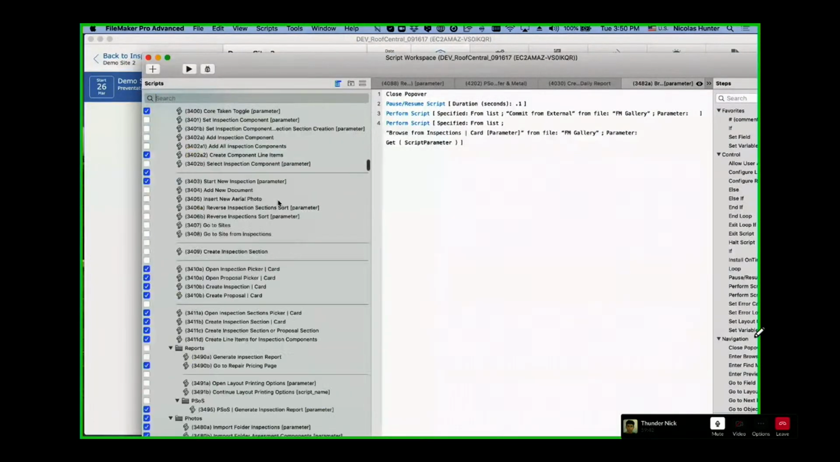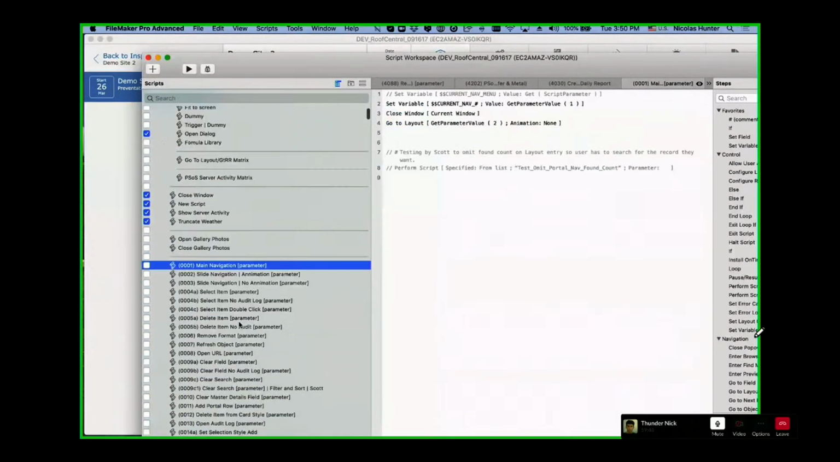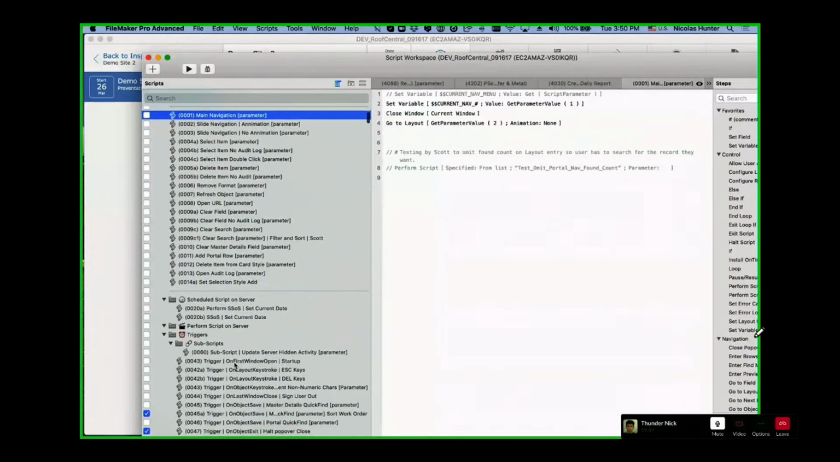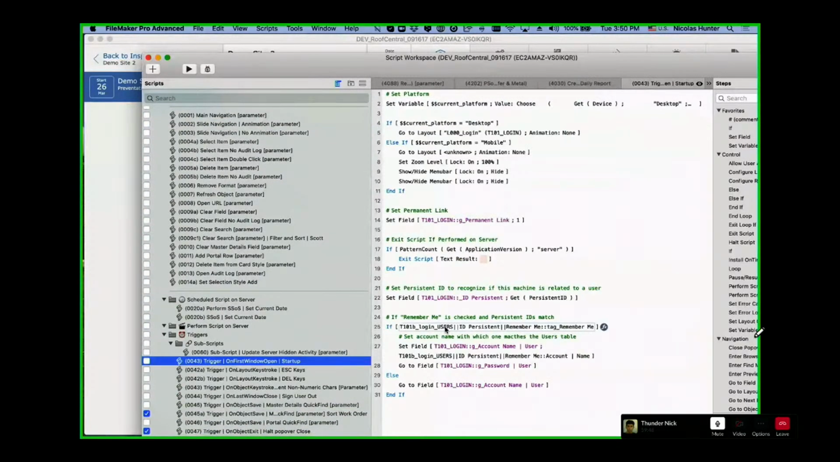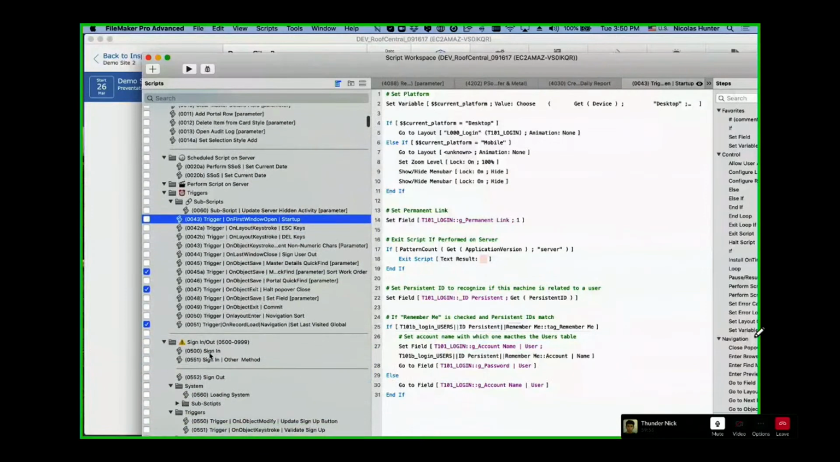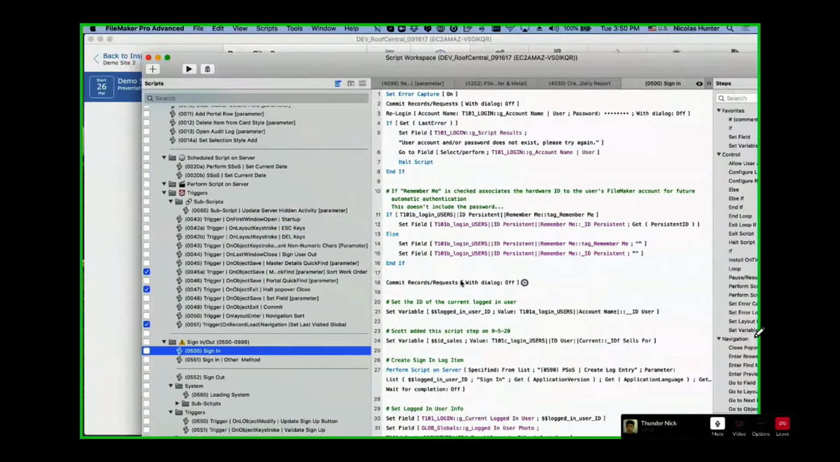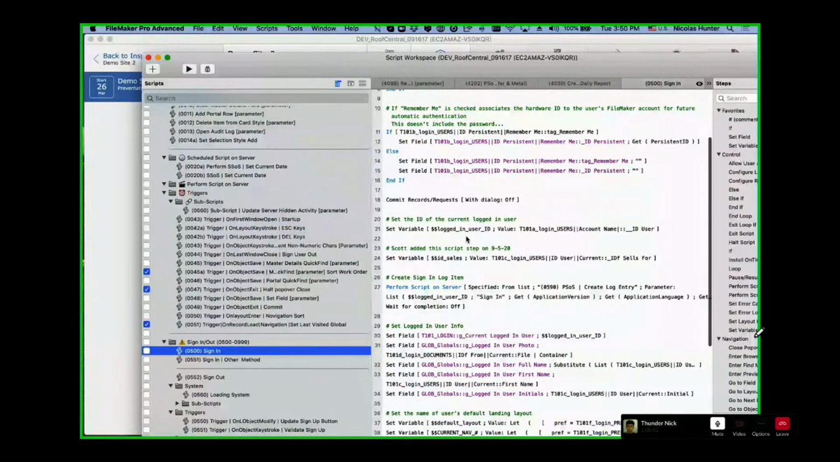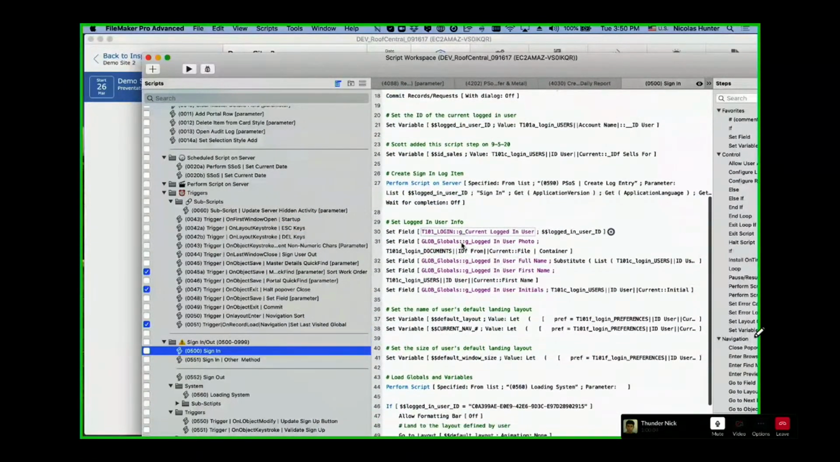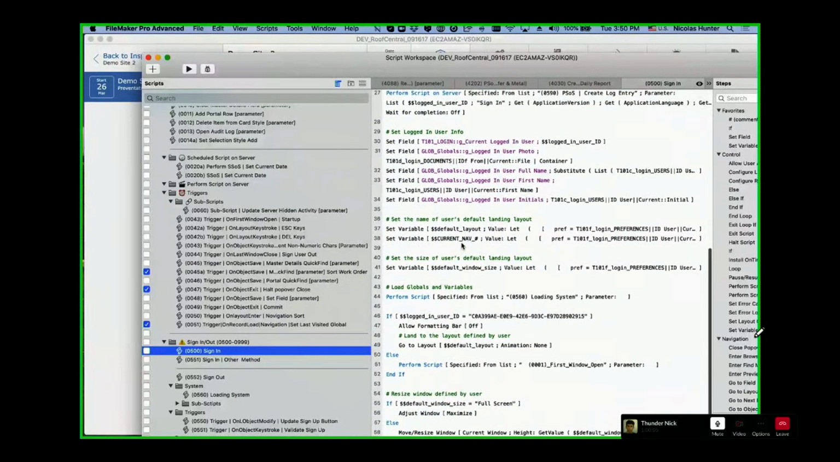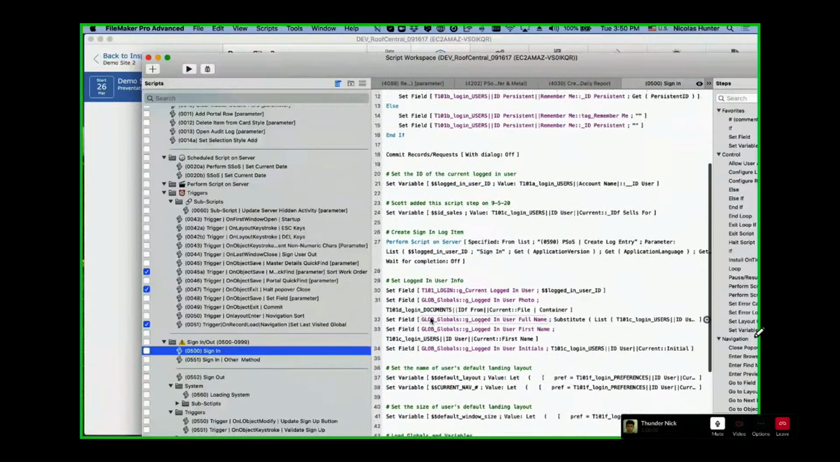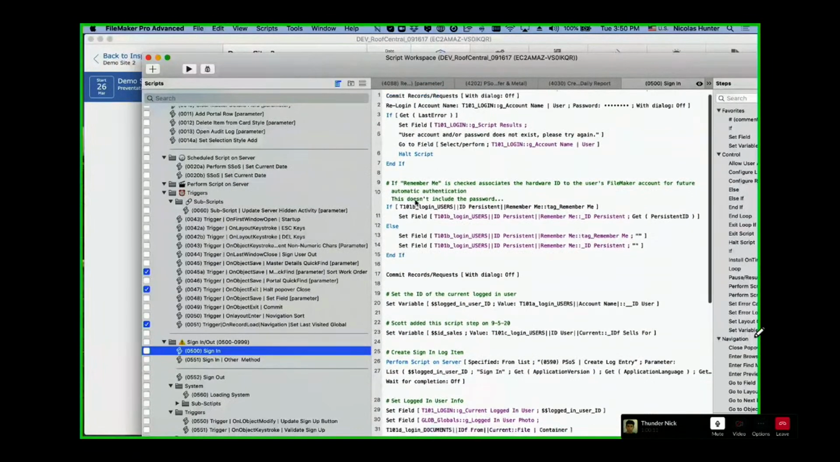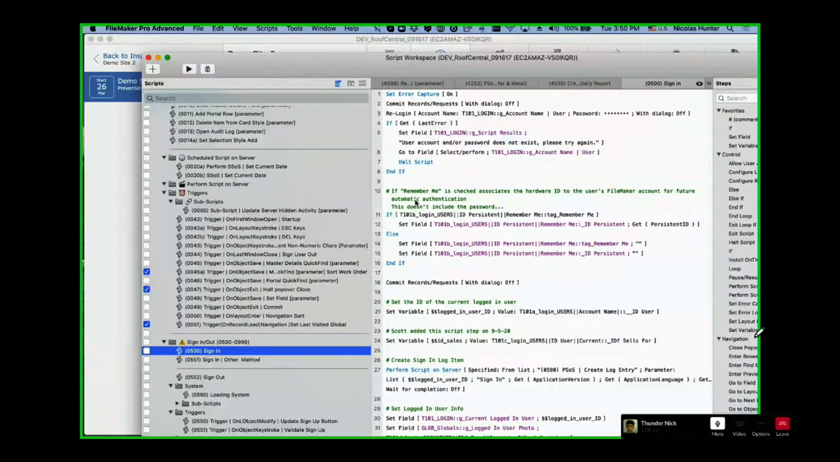Start script on first window open. Here, it's the sign in. In the sign in, normally somewhere here, I'm forcing the opening of FM Gallery. I don't know where it is, but I can show you differently. But the idea is,